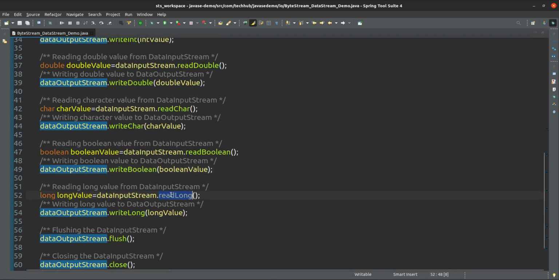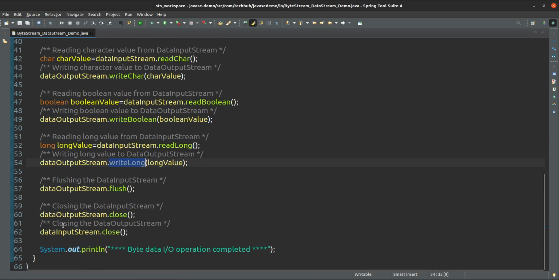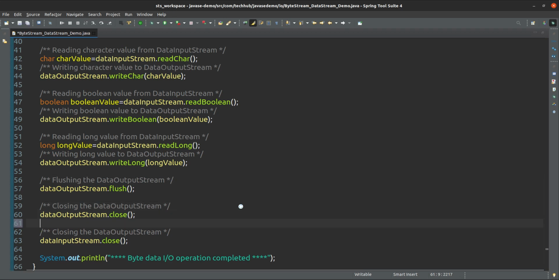So here read long, write long, and after that we are flushing the data output stream, and we are closing the data output stream, and the data input stream we are closing after that. So this is the use of data input stream and data output stream.